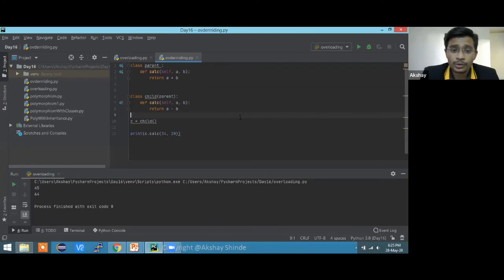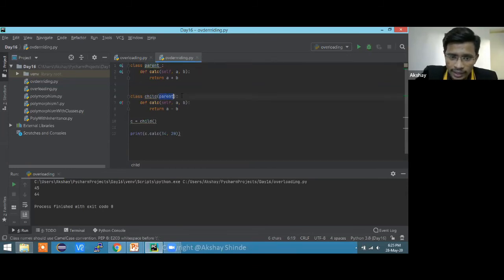Here in this example, we created two classes and implemented inheritance. This is class 1, and this is class 2, the child class. In the child class, we are inheriting all the properties, methods and variables of the parent class.